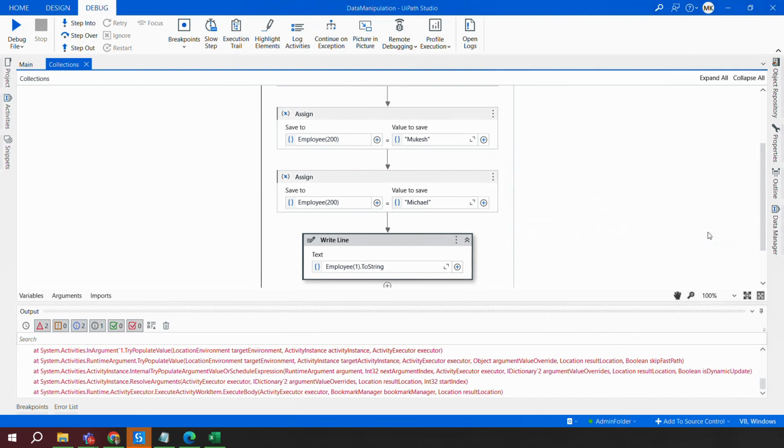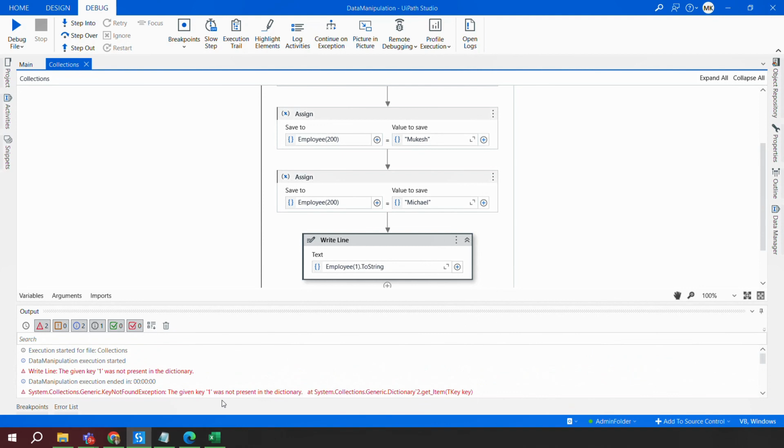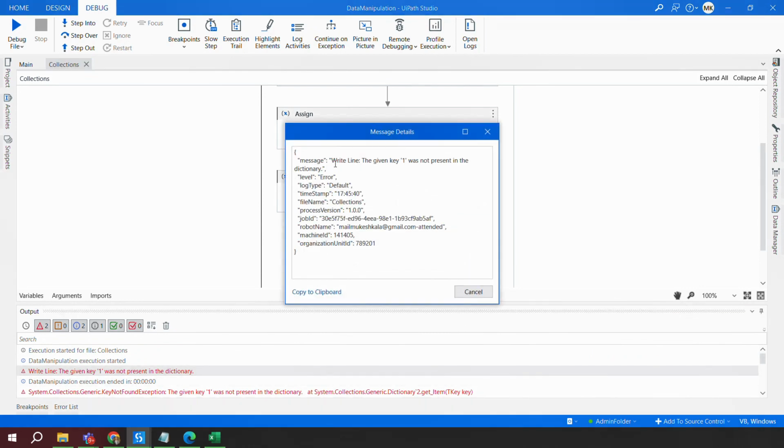If you get the same error in ReFramework, where it says that the given key is not present in the dictionary, a lot of you would say, hey, I have done something wrong in the automation. What should I do? Where should I fix? The answer to that question is simple. You have something in the config which you are not able to get, right? And why I'm telling you is that